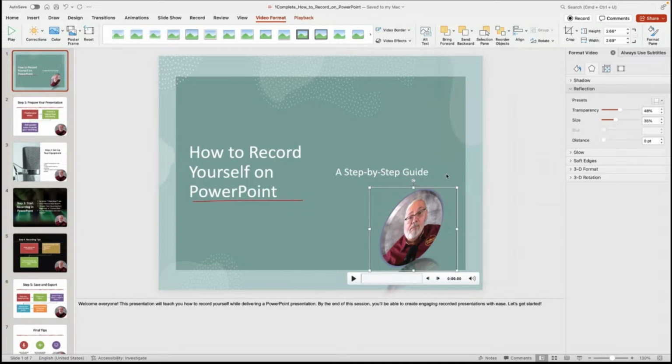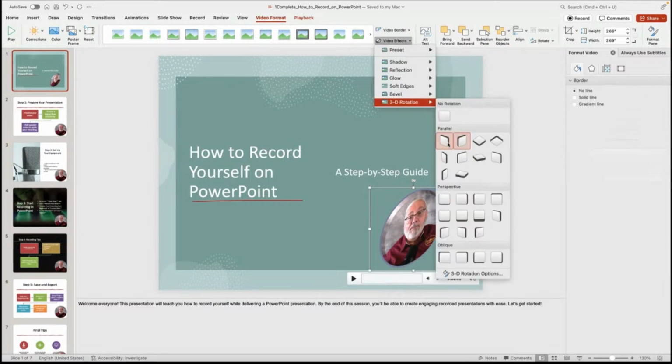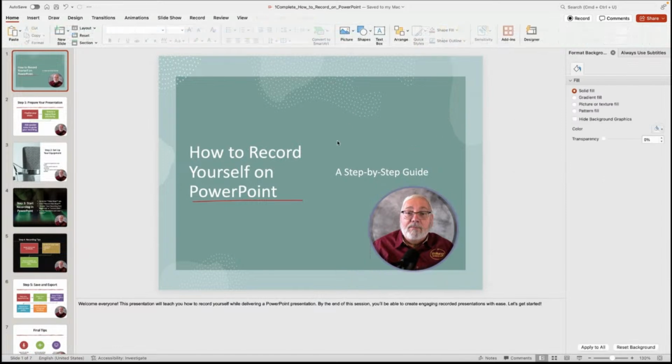Maybe you want to rotate yourself a little bit. You can do all sorts of crazy things with this program. Rotation bit. Going to get rid of that. So anyway, you can play with these things yourself and see what things you like best, but there are some options out there.